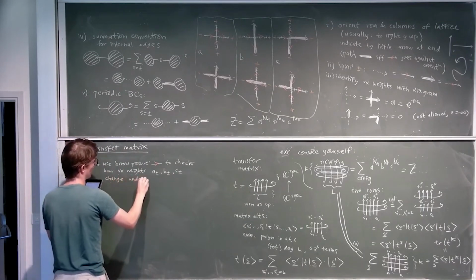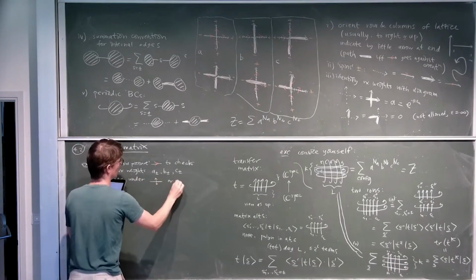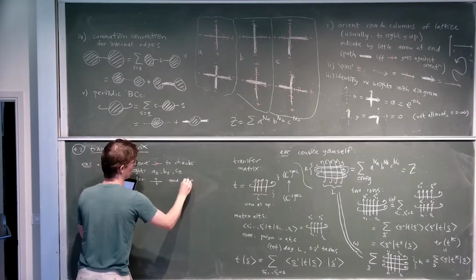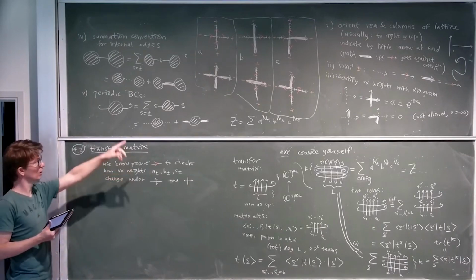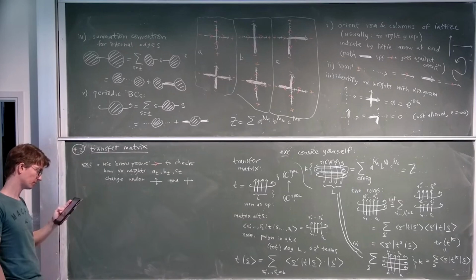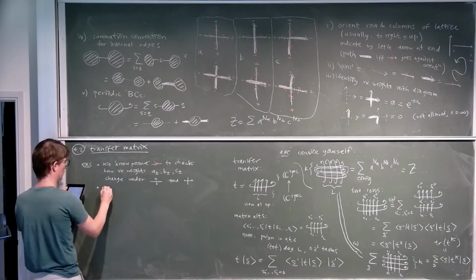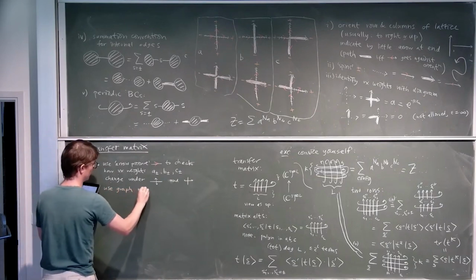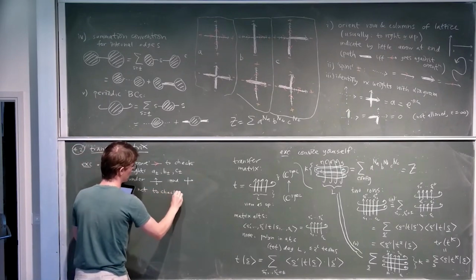under reflections, either vertically, let me just indicate it like this, or a reflection like that. Or if we flip it top to bottom, or if we flip left to right, look at what happens to these pictures and which vertex weights stay the same, which ones are mapped to each other, and so on. And the next thing is use the graphical notation to check. And now we go back to the zero field case,